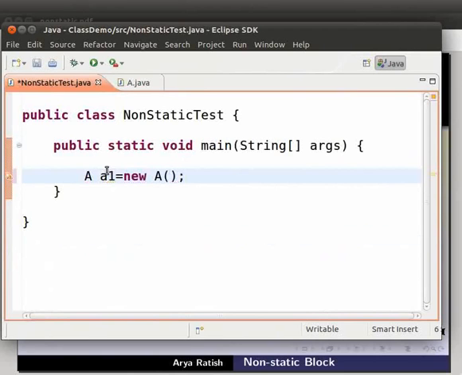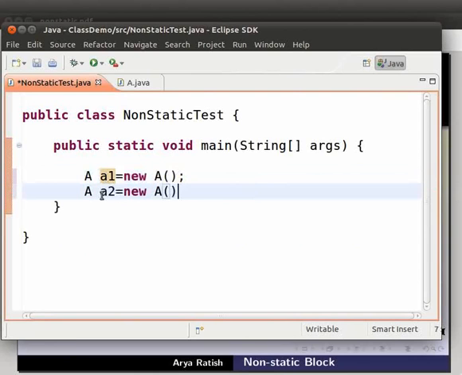Next line we will create one more object of class A. So type A space A2 equal to new space A opening and closing brackets semicolon. Now save and run the file. So press Ctrl S and Ctrl F11 keys.